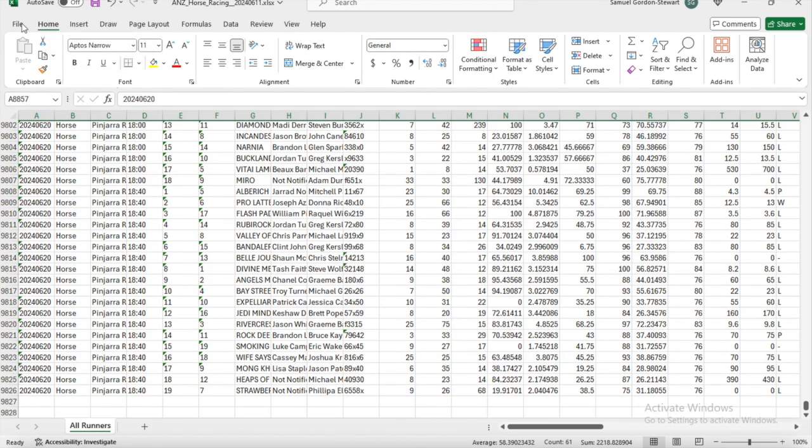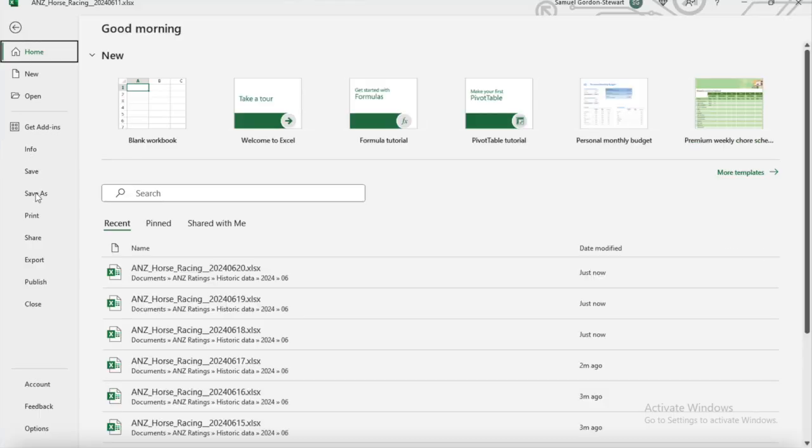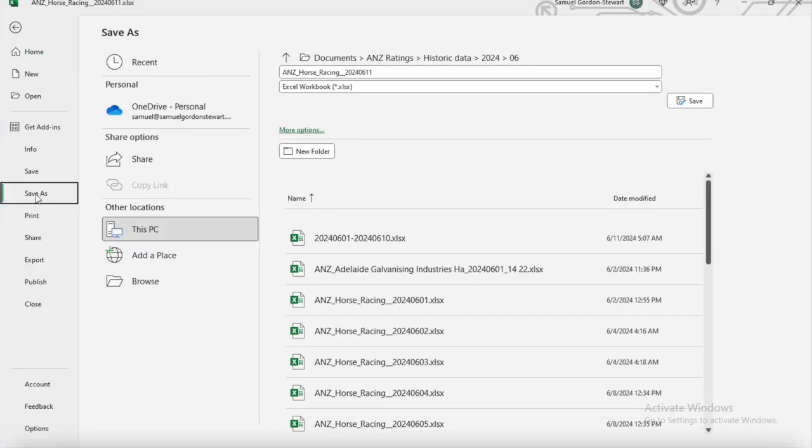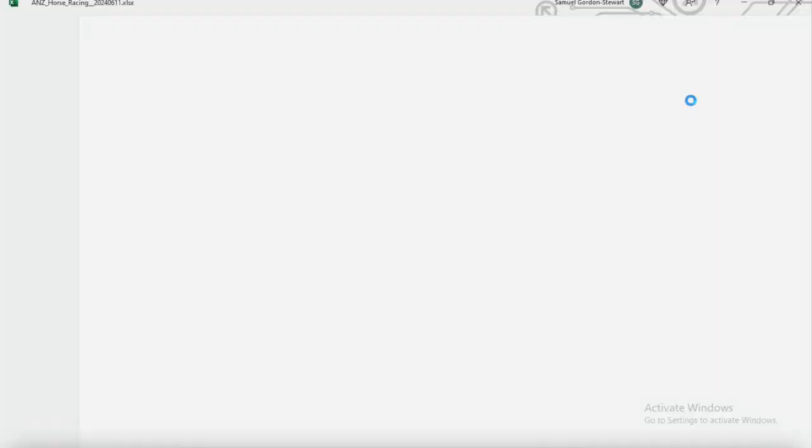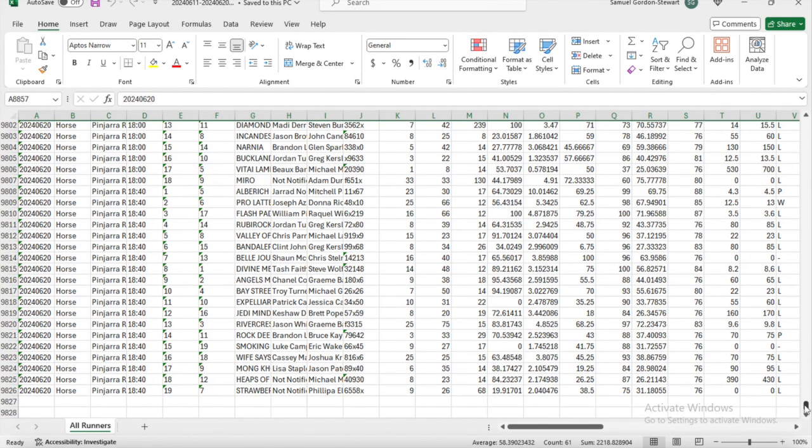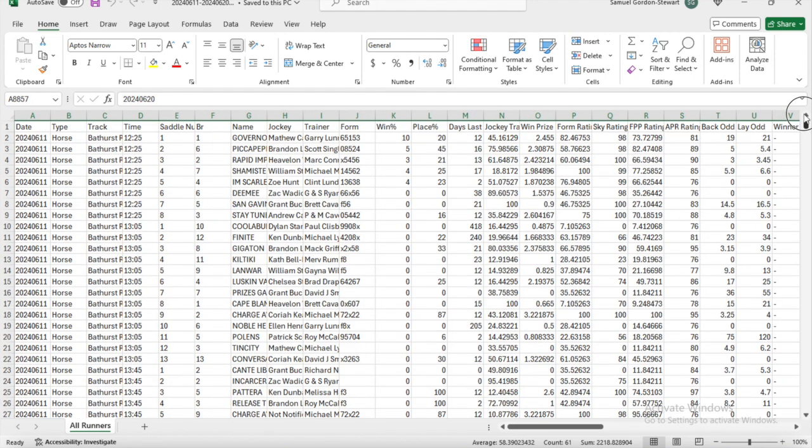So I'm going to save this spreadsheet as, it's not quite right. There we go. So save that with a file name telling me it's data from the 11th through to the 20th of June. Okay, so what I'm going to do now is